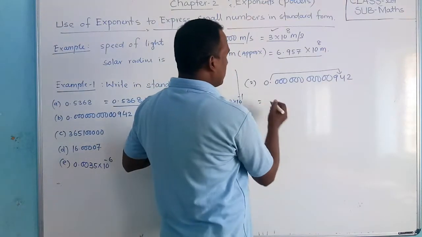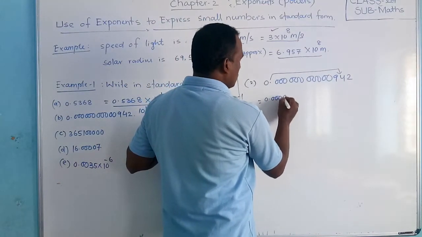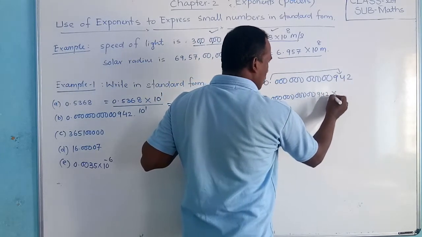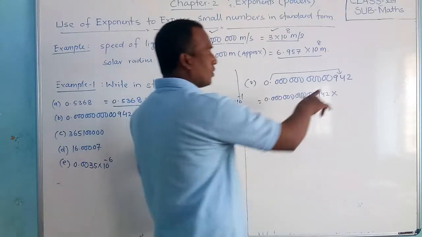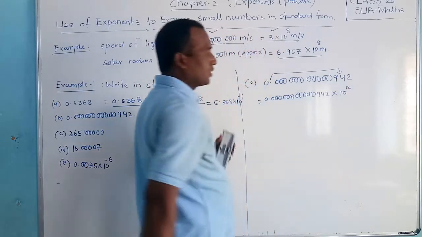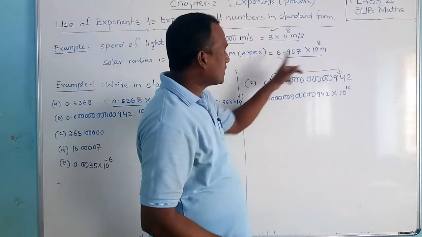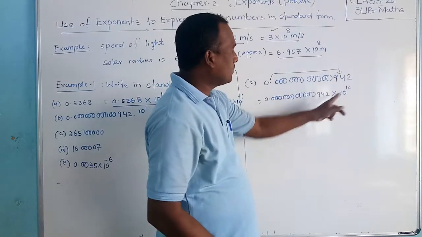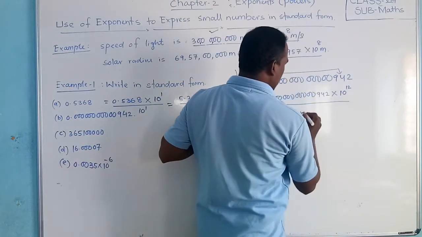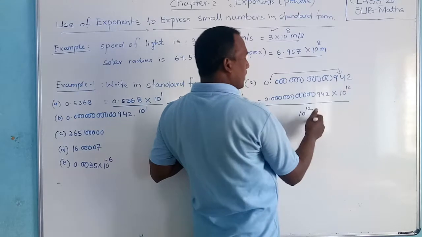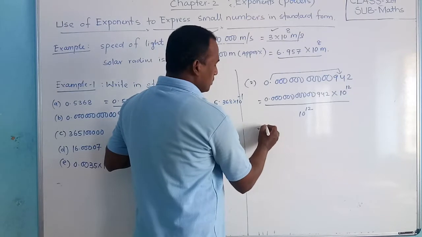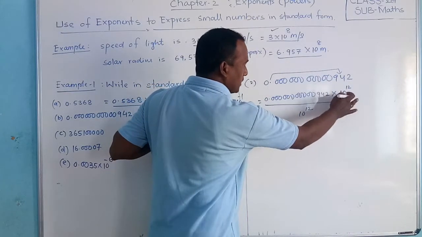So it will move towards the right 12 places. So directly you should write 0.0306 9, 11, 9, 4, 2 into... what do you have to do first? How many places are needed? 12. So 10 power 12. Did you understand? So how many places will go? When 12 places go, that means 10 power 12 by 10 power 12. Are you clear? Which one are we multiplying by? Now first multiply, because we shifted first. So this will go here. Then directly it will multiply this. The answer will come